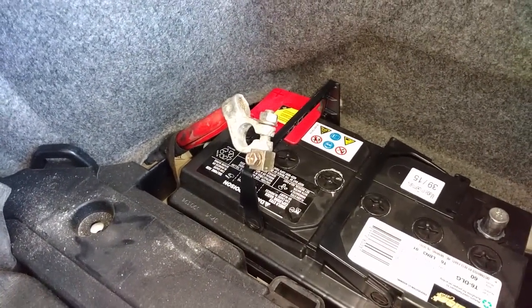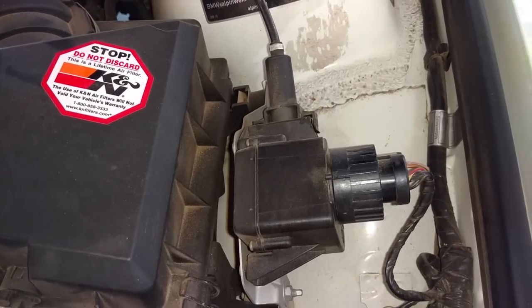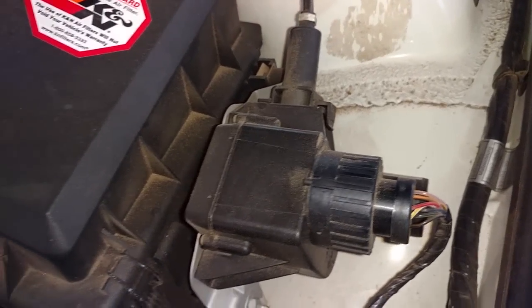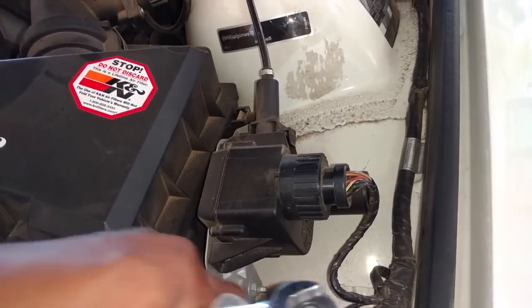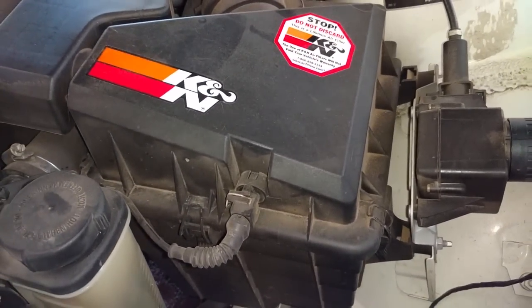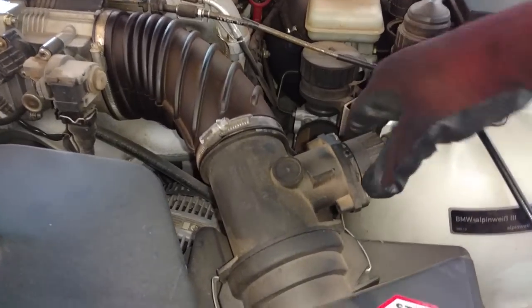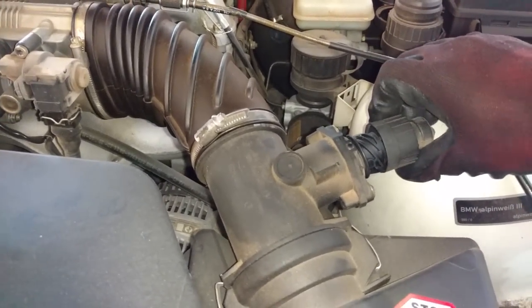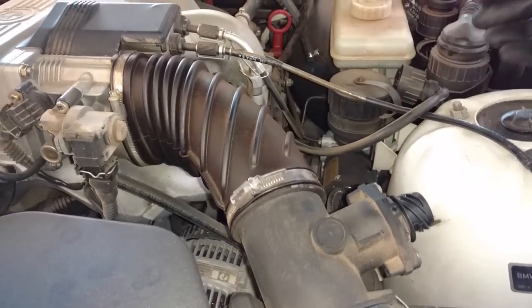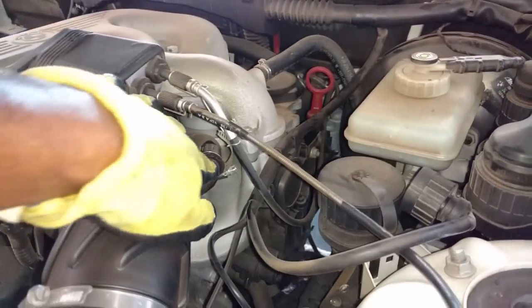protecting it from reconnecting. Next I'm going to disconnect this throttle assembly module here, 2 10mm down there. Move that aside so that I can get the airbox out of the way. Next I'm going to unplug the wire going to the mass airflow sensor. Tuck that out of the way. I'm going to take this clamp loose